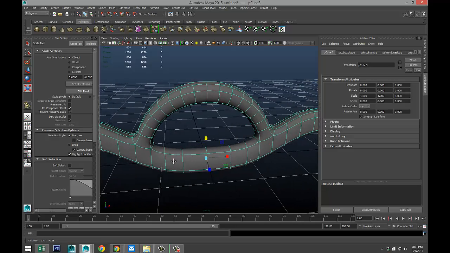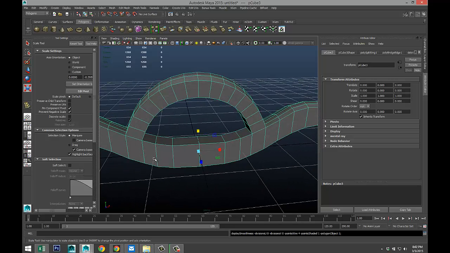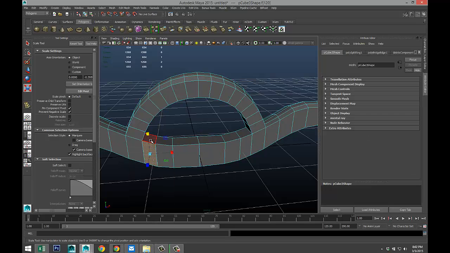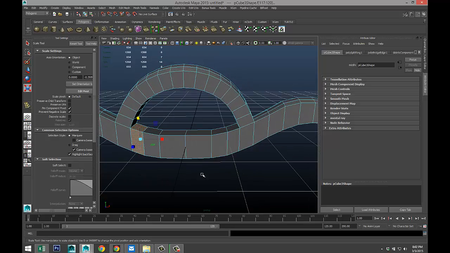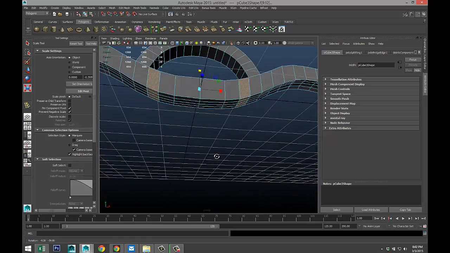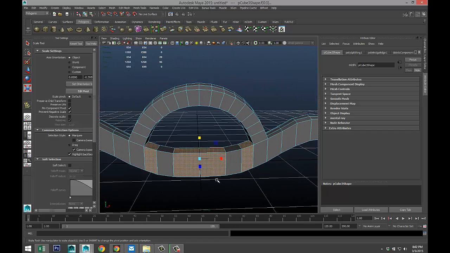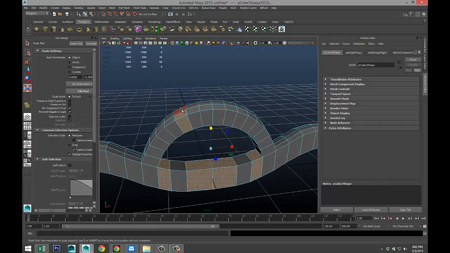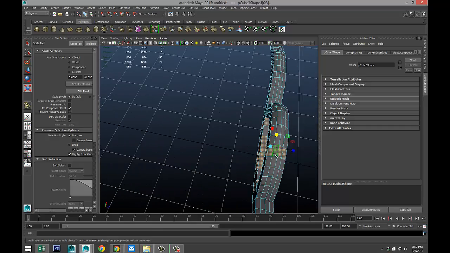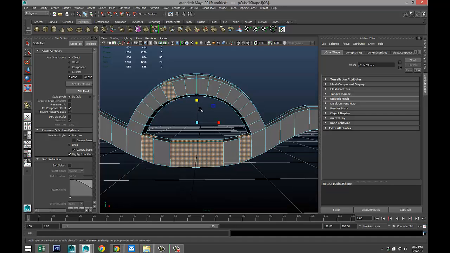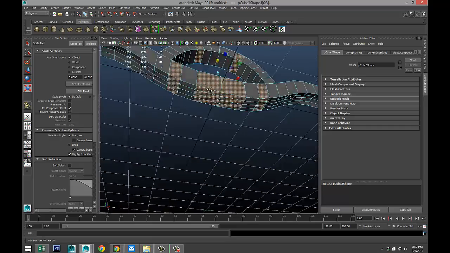We're going to reinforce that grip somewhat. So I'm going to hit 1 to go back, right click face. We're going to select that face going all the way around, that one as well. We'll do these and these. Okay, and then we'll do, not that. Come on. That one. And that one. All right.